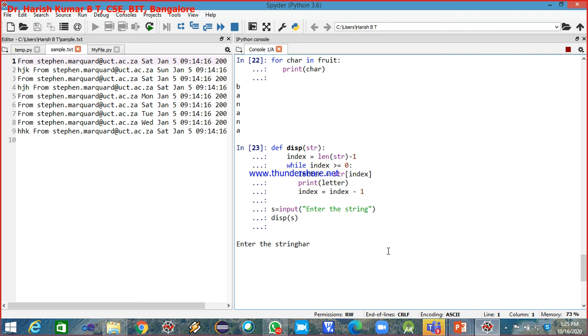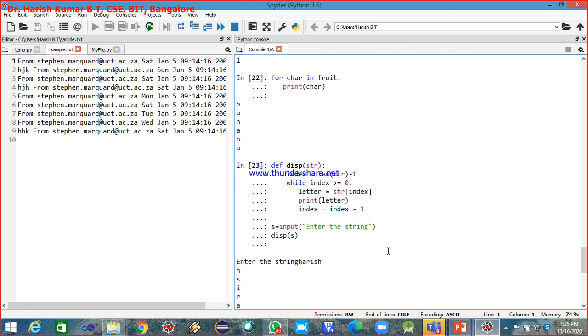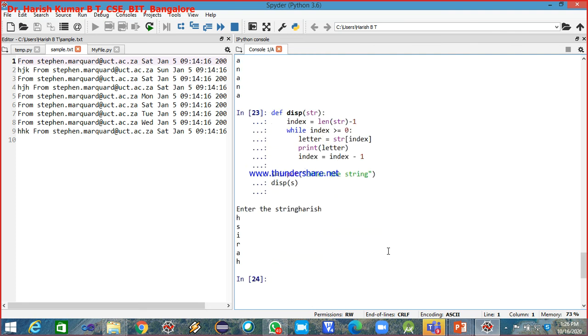Enter the string. This is iterating all the characters in the reverse direction. I just don't want it to happen from the end. Say I want to iterate from the last but 2 characters.